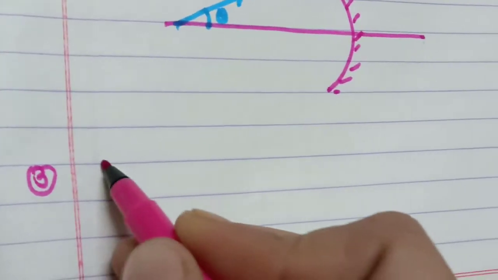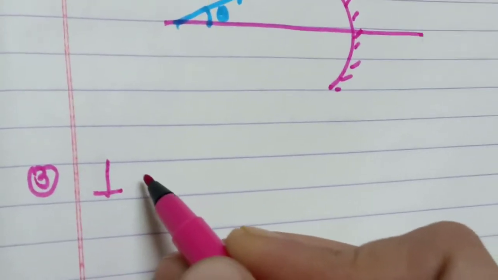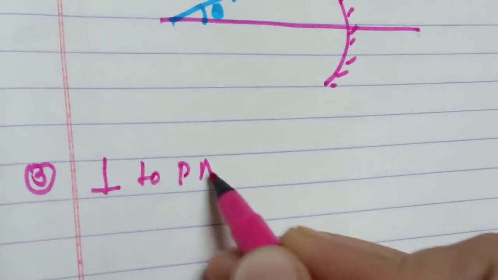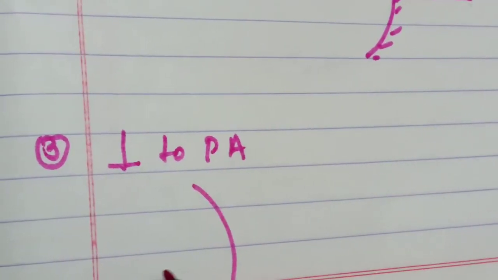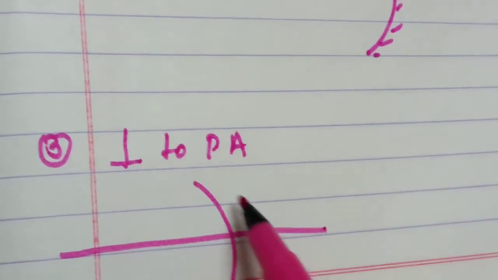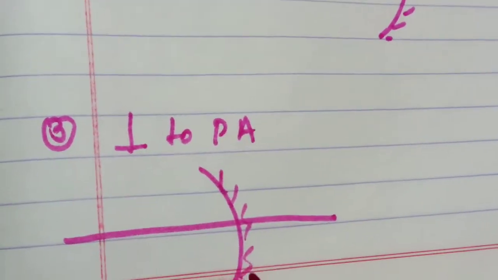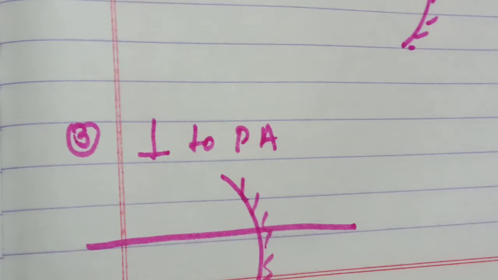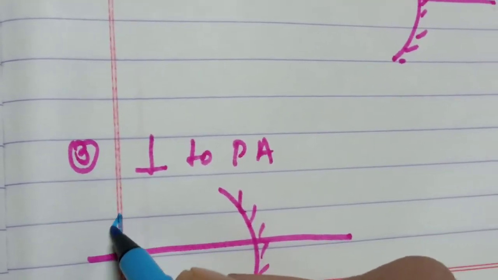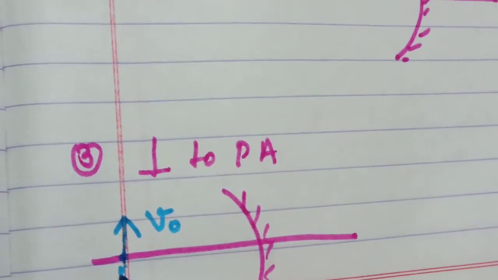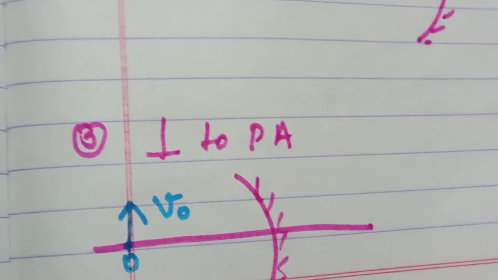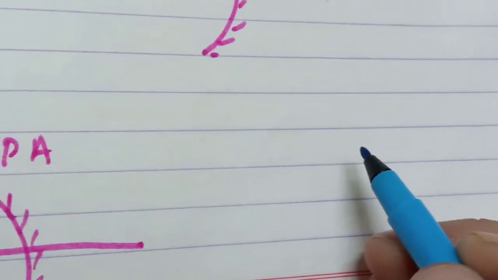object moves perpendicular to the principal axis. Okay, this is the mirror, spherical mirror. So this is the object which moves like this, velocity of object. This is the third condition. Okay, the fourth condition is